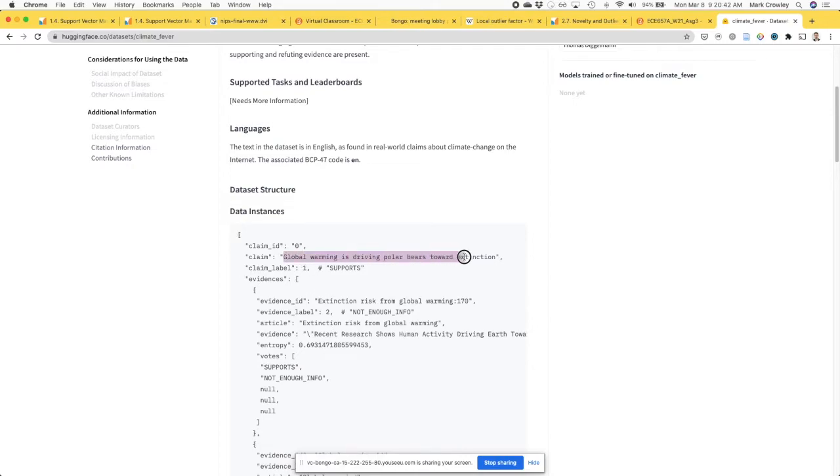I'm not sure about the relationship between the claim and the evidence sentences. This seems to be more of a meta sentence they've created, right? So, yeah, I would say it's that one.